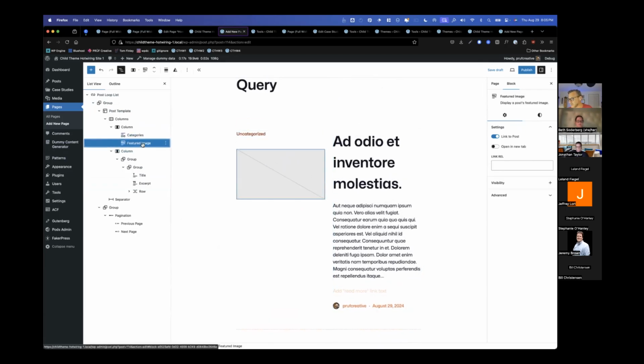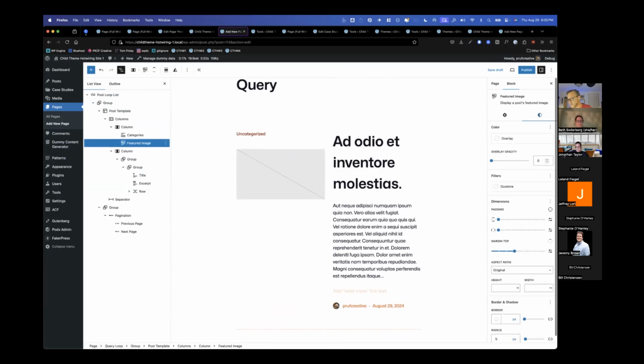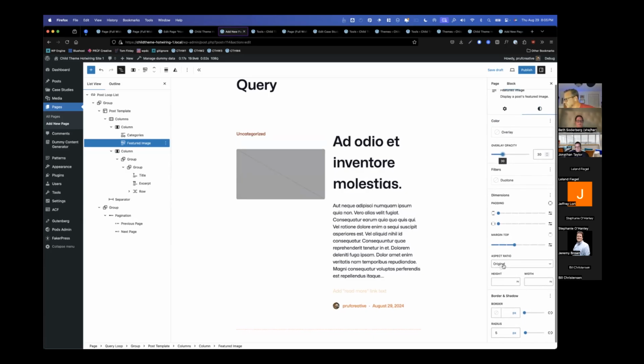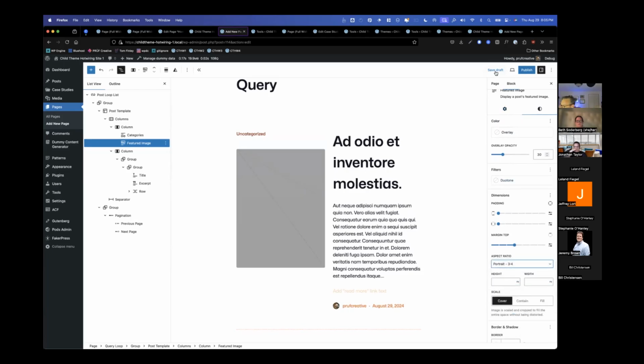And the cool thing is, like with your featured images, you can toggle whether or not you want them to link to the post. I don't know why you wouldn't, but some people probably don't. You can set overlays. And one thing that I really love is being able to change the orientation of the images on the fly. It basically lets you auto crop. I want one that's taller than wider. And then I'm going to go ahead and publish this.